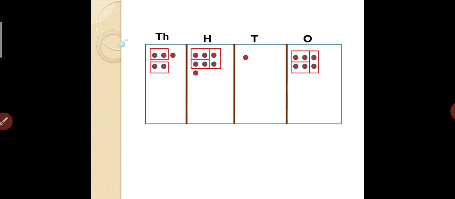So that step also is over. We made boxes, each box contains 2 dots. In the 1000 place you have 1 extra dot. In the 100 place also you have 1 extra dot. As well as in the 10th place you have only a single dot. So in the next step you can see what we can do with the extra dots.